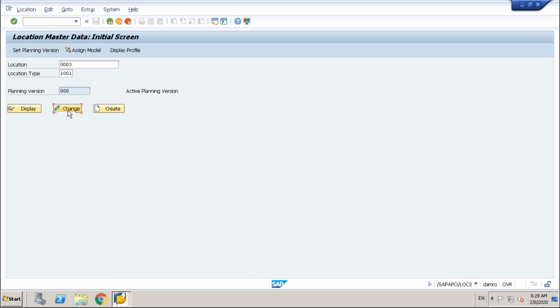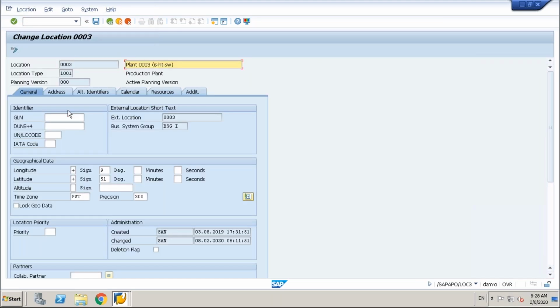Okay, so we get in all the address and everything when a plant is created. You see all the longitude, latitude, and all this information, and these are all default values. When you set up the system, you set up business system group and all these things. This is very much relevant in a scenario where multiple ECC systems are connected to APO, but in S4